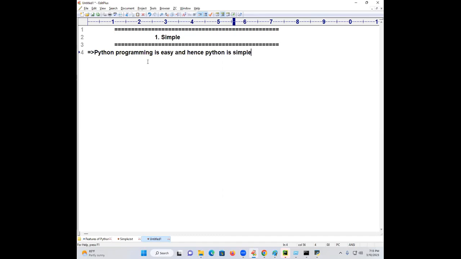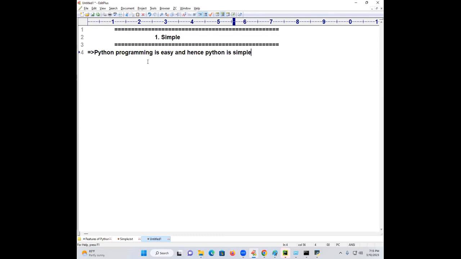Come on, boss. No. If they say that sentence to a new student coming to Ameerpet and sitting in an institute, if they say Python is easy to learn, that's why simple, definitely that student will be impressed. Why? He doesn't have any knowledge in the mind. If anybody forcefully explains this deep subject, they are unable to cope with the subject. Why? Their mindset and background are like that.